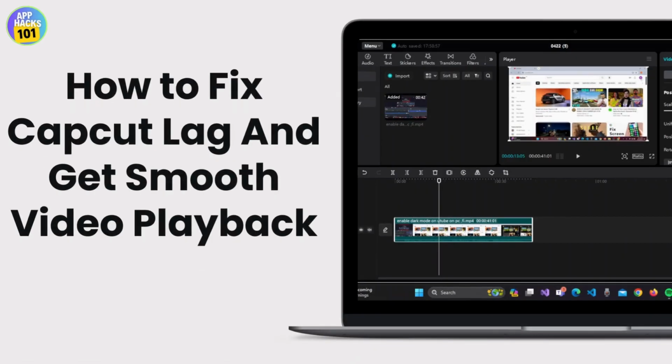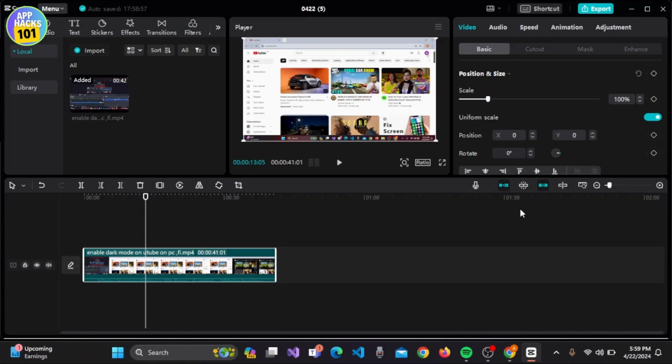How to fix CapCut lag and get a smooth video playback on PC. So if your CapCut is also lagging on making any kind of videos, then make sure to follow all the